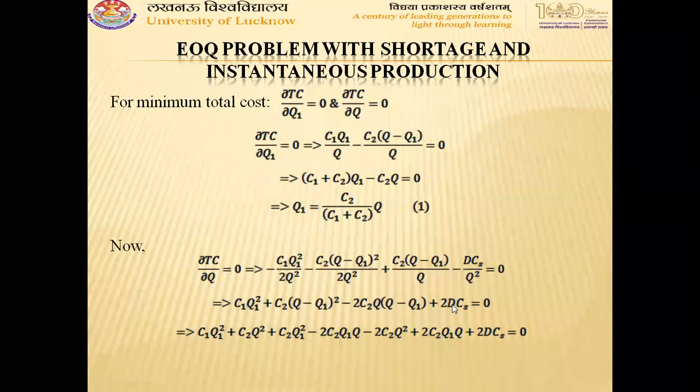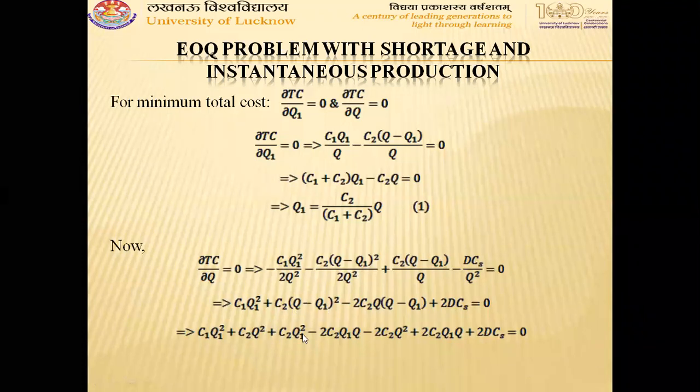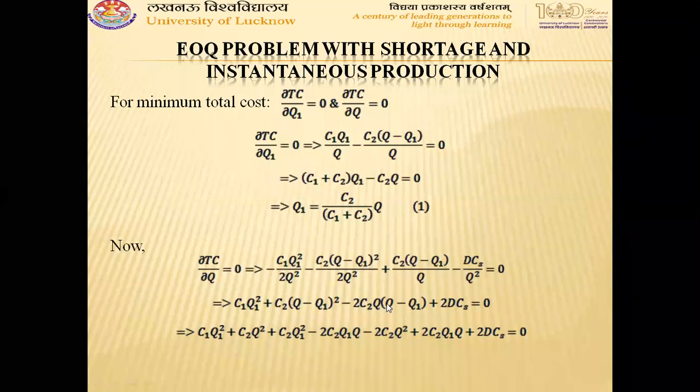Upon opening the braces, we will get C1 Q1 square plus C2 Q square plus C2 Q1 square minus 2C2 Q1 Q, and the third term will give minus 2C2 Q square plus